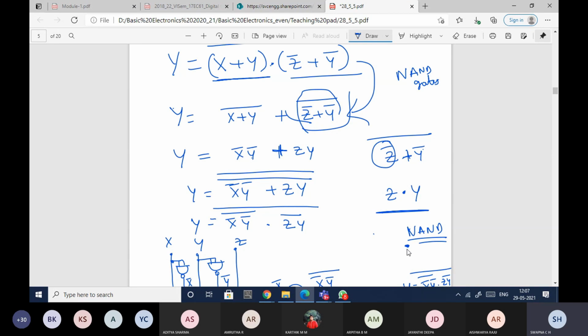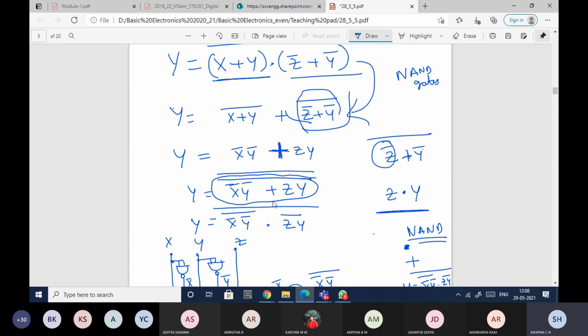Okay, you should not have any or operator. You should only have dot, the and operator. So here if you observe, you have or operator, so you need to eliminate it. The only way that I can convert this or operation to and operation is I can take double complement. So I've taken double complement, and using the second complement, I've expanded it. So x bar y bar whole bar dot x z y whole bar.